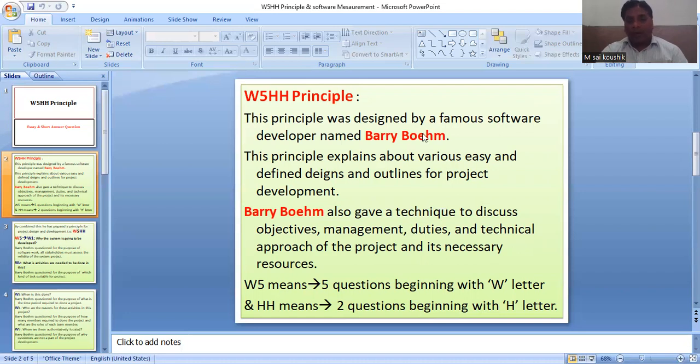According to Barry Boehm, W5HH means W5 is five questions beginning with the letter W, and 2H is two questions beginning with the letter H. Enough to get a good, well-tuned project and system software.